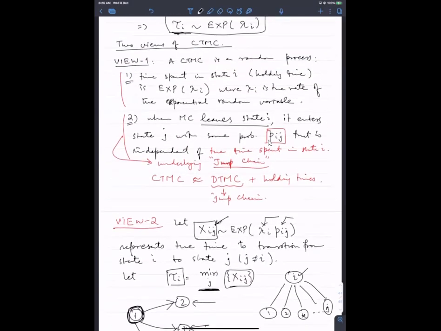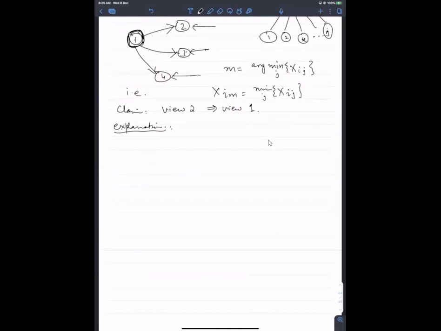देखिए व्यू 1 में क्या चीजें थी. व्यू 1 में 2 चीजें थी. एक तो ये कि आपका होल्डिंग टाइम एक्सपोनेंशियल है, और दूसरा probability of transitioning from state i to state j governed by the same as discrete time Markov chain. So explanation अब इसकी. सबसे पहले ये देखें कि if T1 is exponential lambda 1 and T2 is exponential lambda 2,